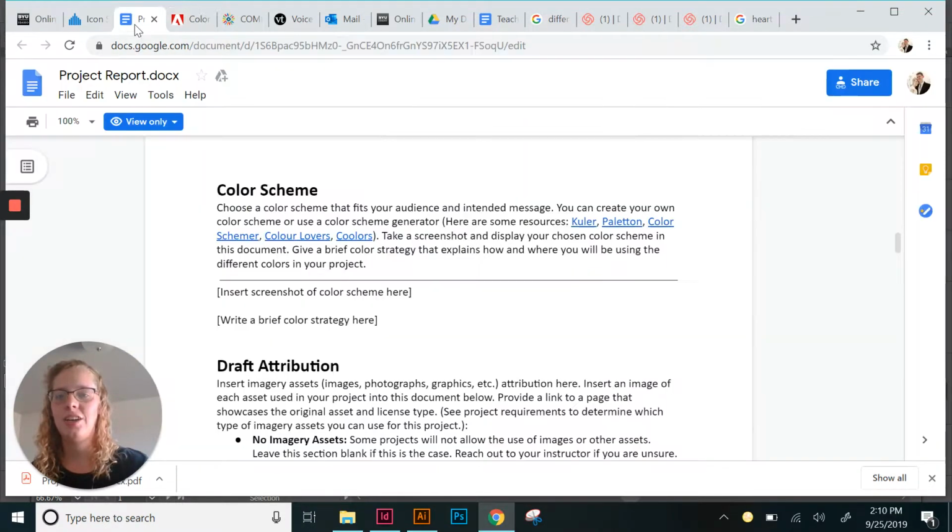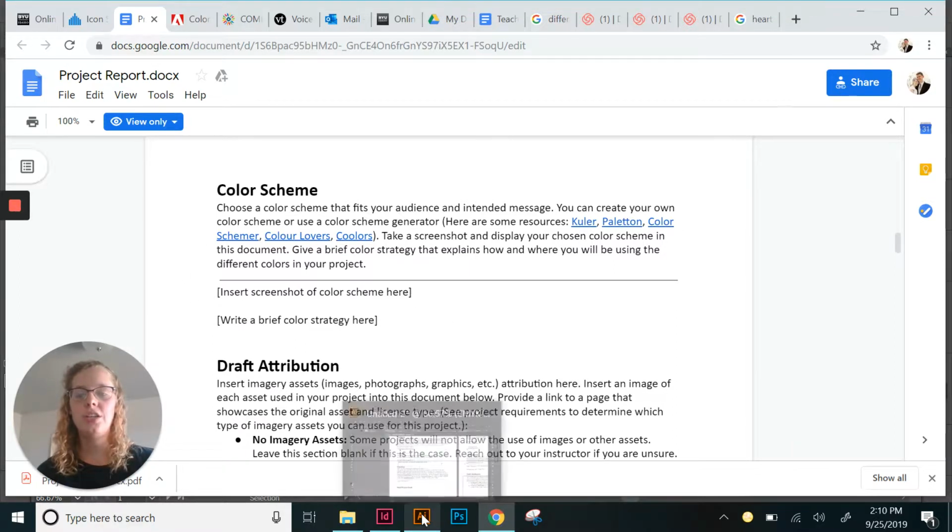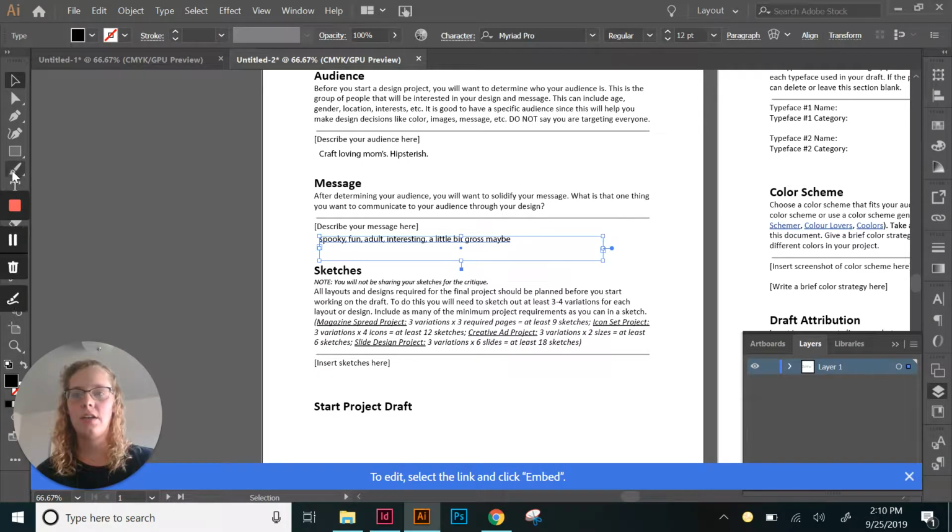And feel free to play with that, change it up if what you try doesn't work. But ultimately, whatever color scheme you decide on, you're going to want to stick a screenshot of it in here. If you change yours up, that's fine. Just,